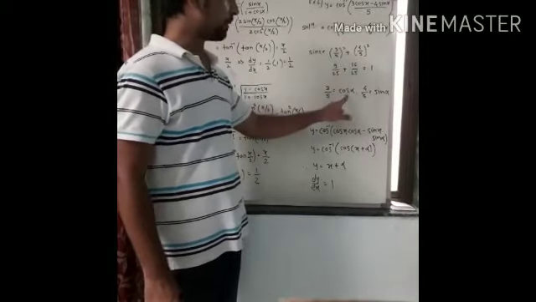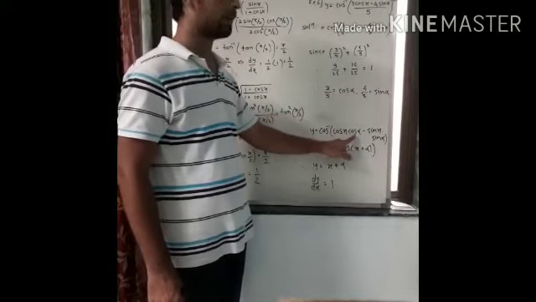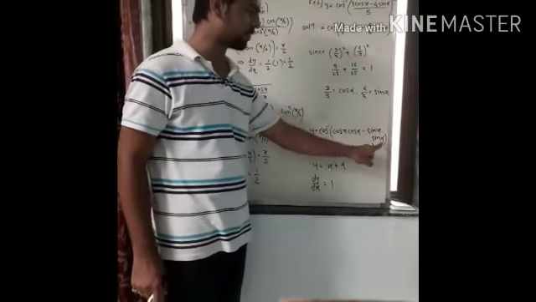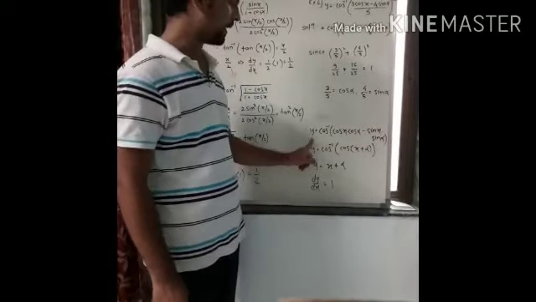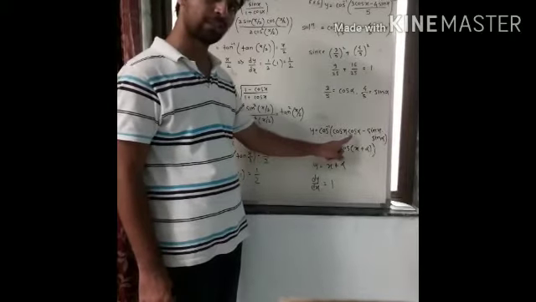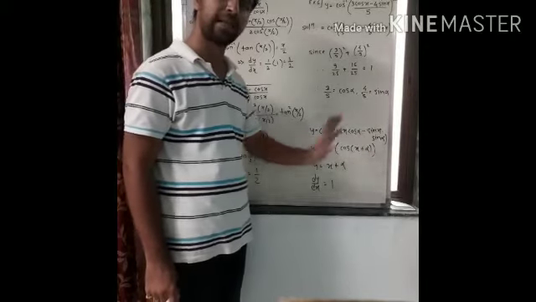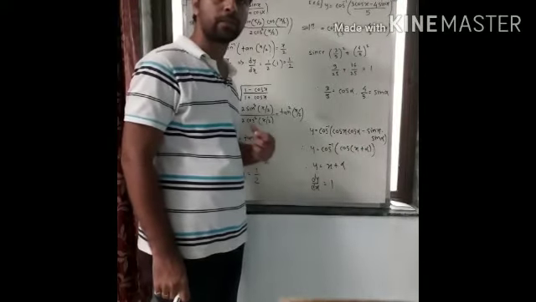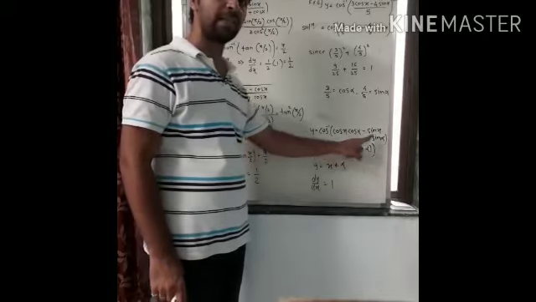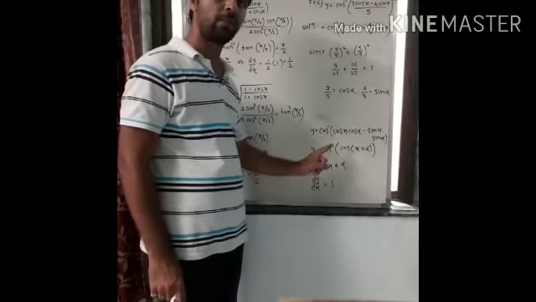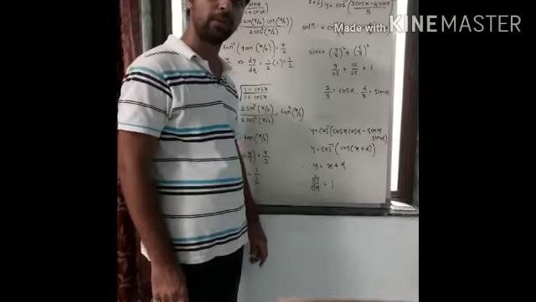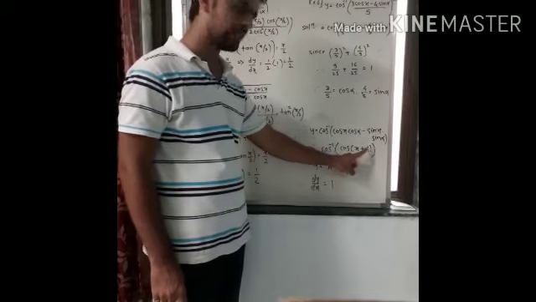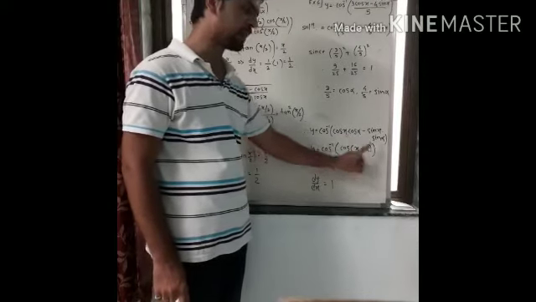3 by 5 we have to replace by cos alpha, so cos alpha is here. Sin x as it is. 4 by 5 we have to replace by sin alpha, so sin alpha is there, right? y equal to cos inverse of cos x cos alpha minus sin x sin alpha. Can you see it making some formula here? Cos A cos B minus sin A sin B. Is it the formula of cos (A plus B)? Correct? So cos (x plus alpha), that is A plus B, right?